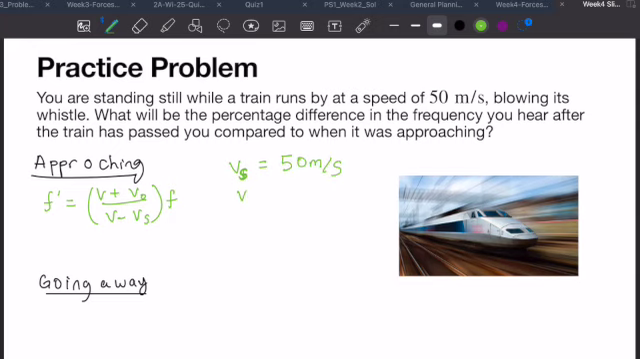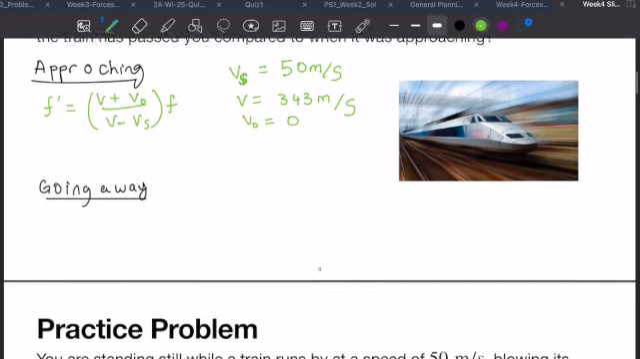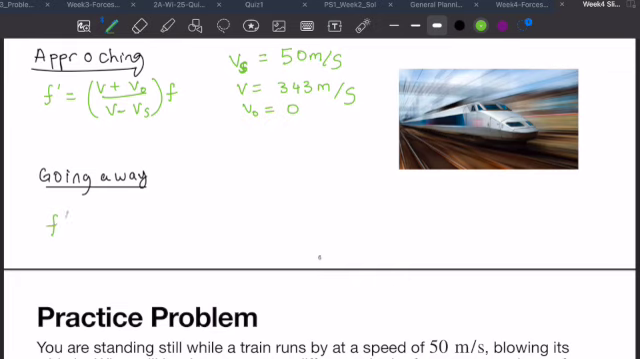V is the speed of the wave. That's 343 meters per second. The speed of sound in the atmosphere, given that the temperature isn't significantly different than room temperature. So that would be the approaching case, and we identified that V observer is just 0 because you as the observer are not moving. Then F prime as it's going away is going to be V plus V observer over